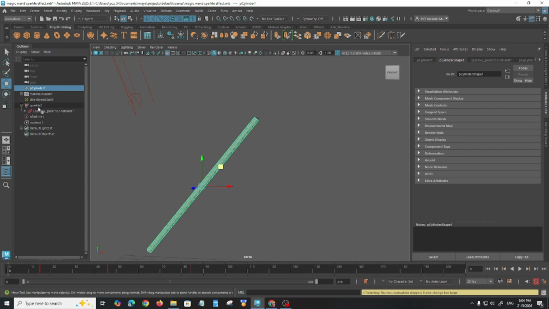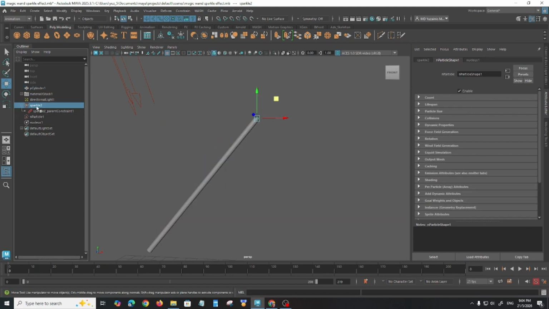So how to do that is we go to this. I already named this sparkle 2 emitter, or I can just rename this as sparkle emitter underscore